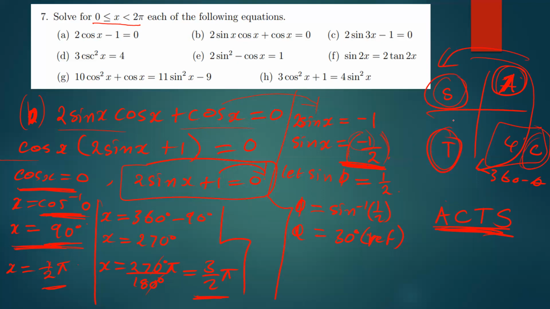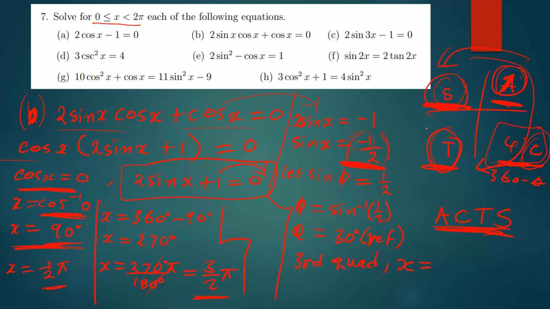Still fine. So we know this is the reference angle, and then we need to find the final answers. How do you find the final answers? We check in which quadrant is sine negative. So sine is positive in the first quadrant and in the second quadrant. So we expect sine to be negative in the third and fourth quadrant. So in the third quadrant, the final answer, which is the value of x, will therefore be equal to